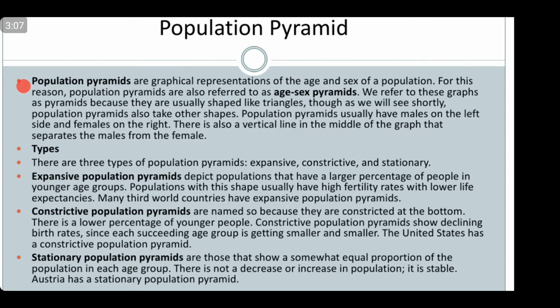The analysis of population in terms of age and sex groupings is represented by the age sex pyramid, or population pyramid. It gives a clear idea about the proportion of people in different age groups,